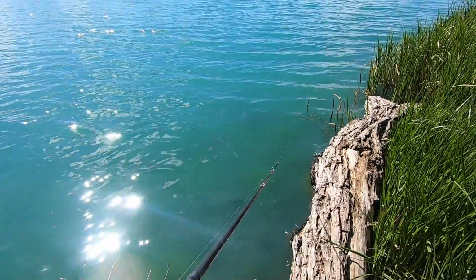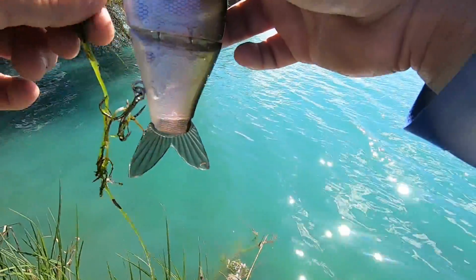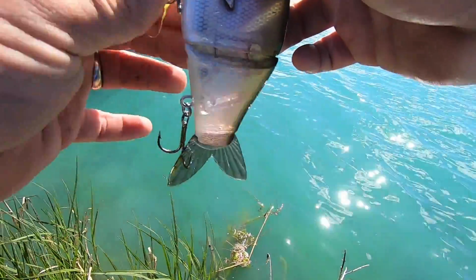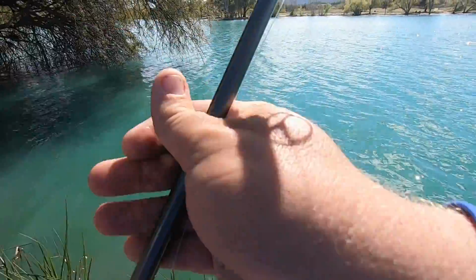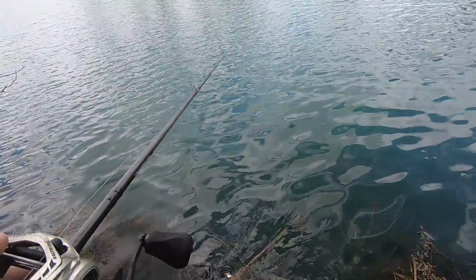Obviously it's coming back with a little bit of schmutz, but nothing crazy, so it's not like it's dredging the bottom. And I haven't had anything where I feel like I can't work the bait. If I do, it feels like it right at the end. So for now I'm going to fish it like this and see what happens. I just had a fish follow this up. I ran out of bank, but he was nosing on it pretty hard. It wasn't a big fish, but